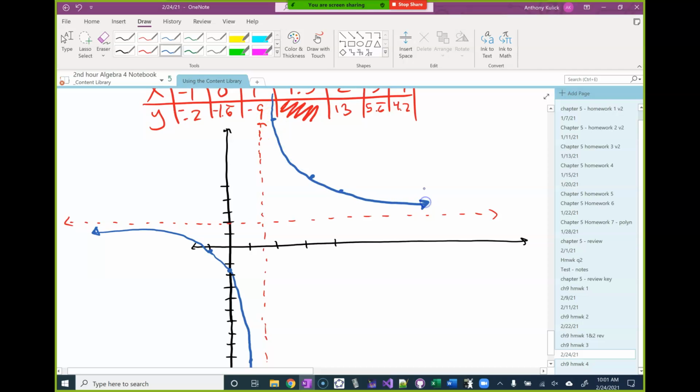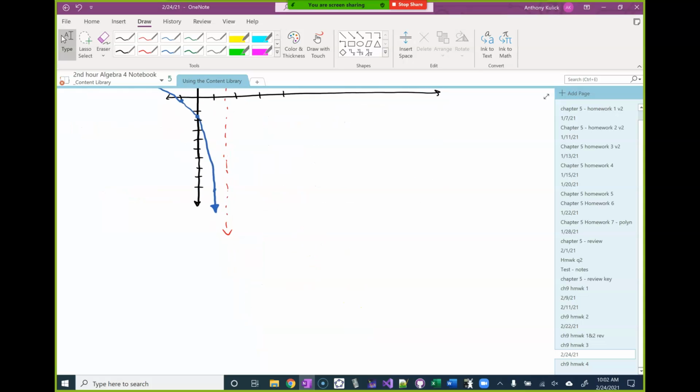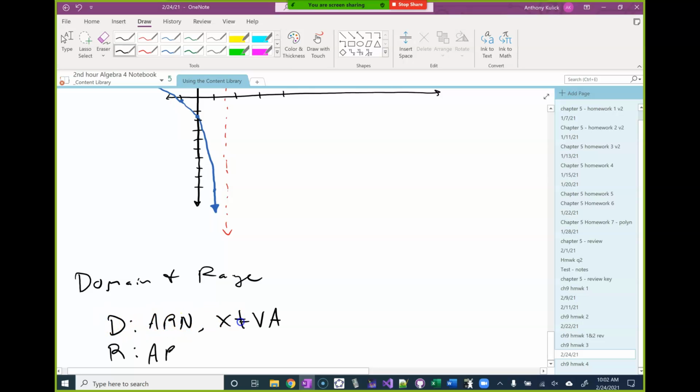Again, should be a pretty easy to handle topic, especially in comparison to the heavily algebraic things that we've been doing that required a lot of, well, bookkeeping, really, keeping track of what was going on. This is, I think, considerably more straightforward. So homework 4 has 6 graphing problems, 3 of each type. I ask you to identify the vertical and horizontal asymptotes, the domain and range, make and fill in your table, and then draw your graph. And you have 6 of those. Sound good? Perfect. Okay. Should be pretty easy to handle. Again, not terribly complicated section. So we'll stop